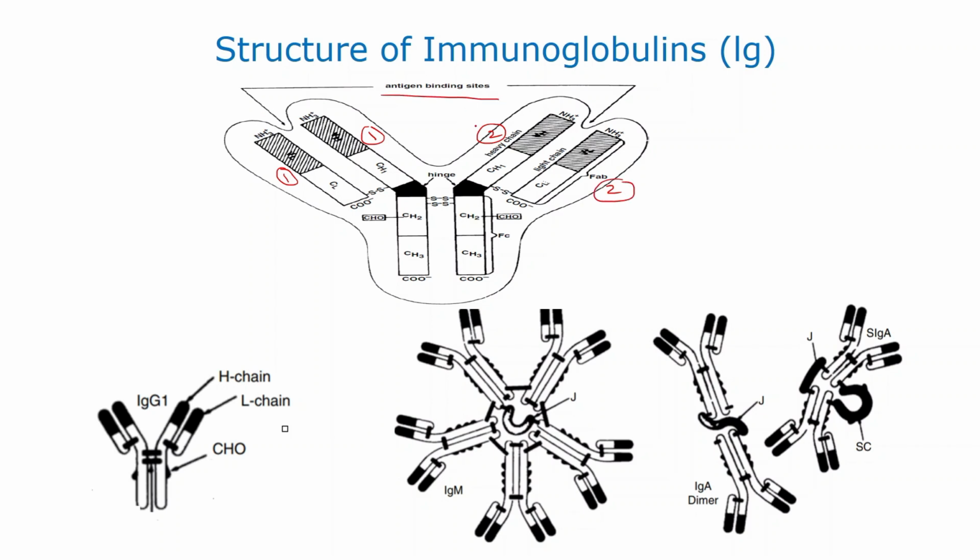Here we can say the two antigen binding sites are there, and this site is known as the Fc region. So this fragment is known as, C stands for crystallizable region. So this is crystallizable, and also this is a region where the complement will be binding, or your surface receptor proteins, that is surface receptor proteins